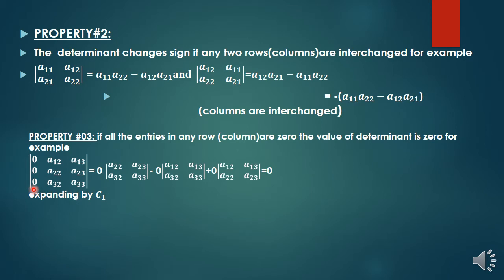For example, here we have a matrix with a column of zeros. So we expand by column 1. So 0, and expanding this column, the remaining entries are a22 and a23 and a32 and a33. So we write here. Then similarly, negative sign of the formula. First term is positive, then second term is negative, then third term is positive. So what is the second entry? Second entry is 0, so we write it here. And now we eliminate that row and that column.